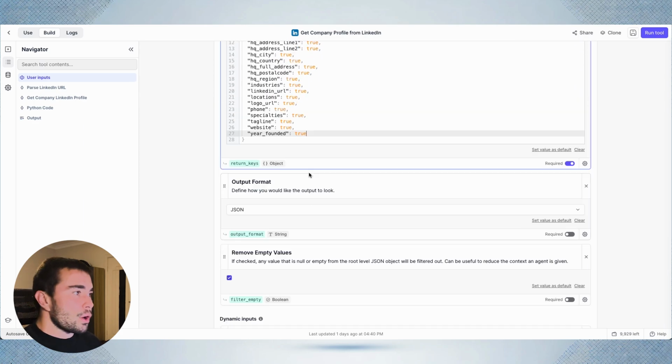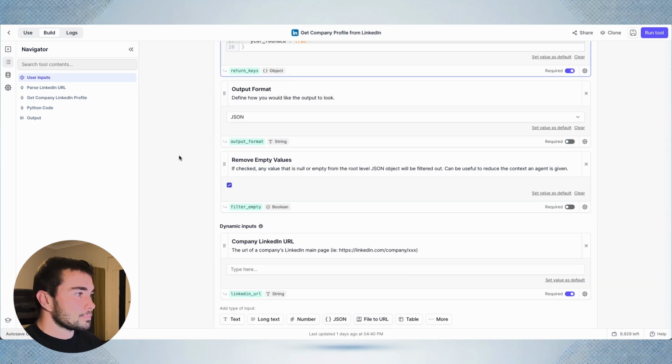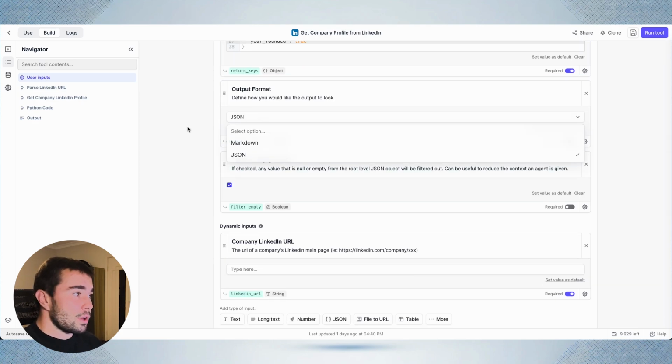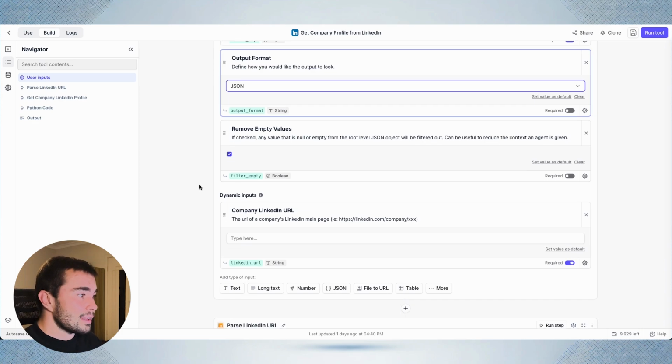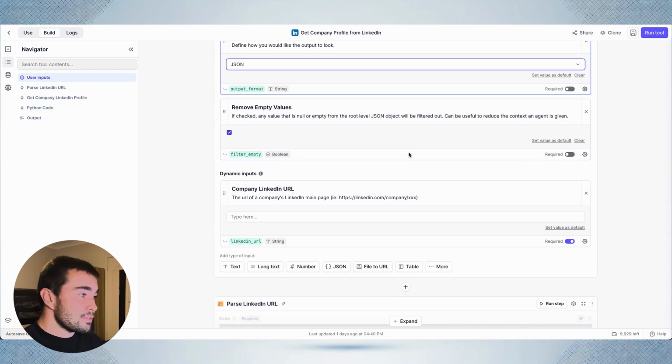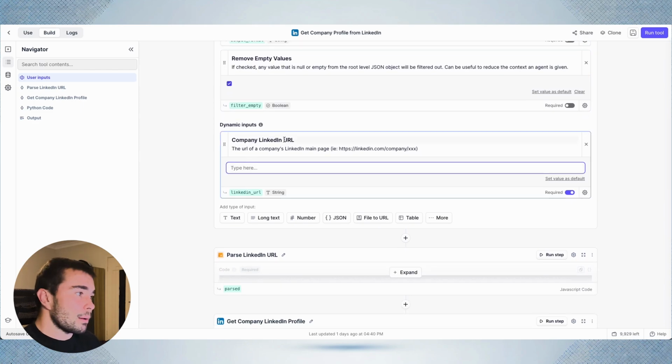You don't have to copy and paste all of this in. Output format, JSON. It's just a type of output format that works with these tools, so don't need to worry about that. Removes the empty values, and this is like when you put in the company URL, it'll go